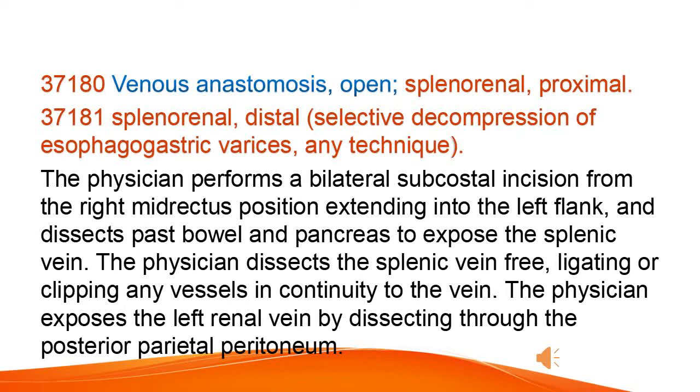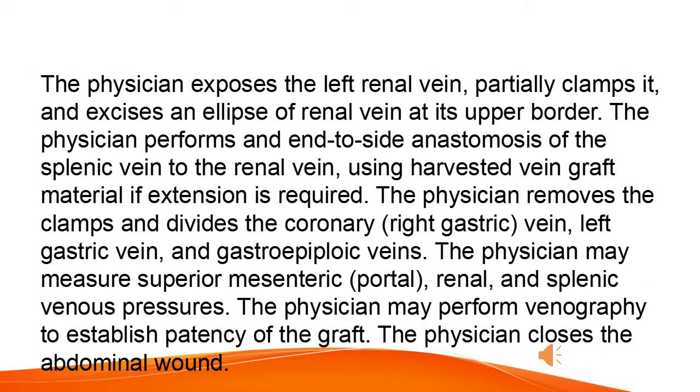The physician dissects the splenic vein free, ligating or clipping any vessels in continuity to the vein. The physician exposes the left renal vein by dissecting through the posterior parietal peritoneum, partially clamps it, and excises an ellipse of renal vein at its upper border. The physician performs an end-to-side anastomosis of the splenic vein to the renal vein, using harvested vein graft material